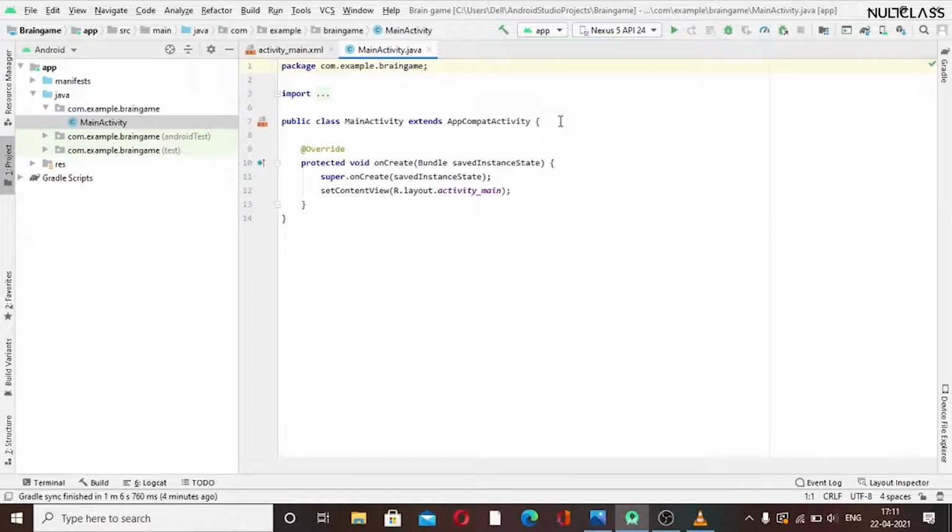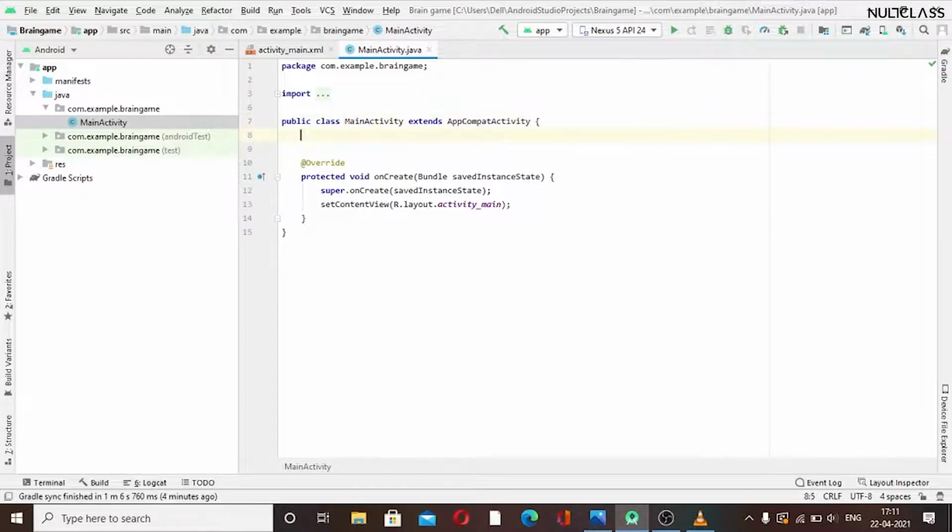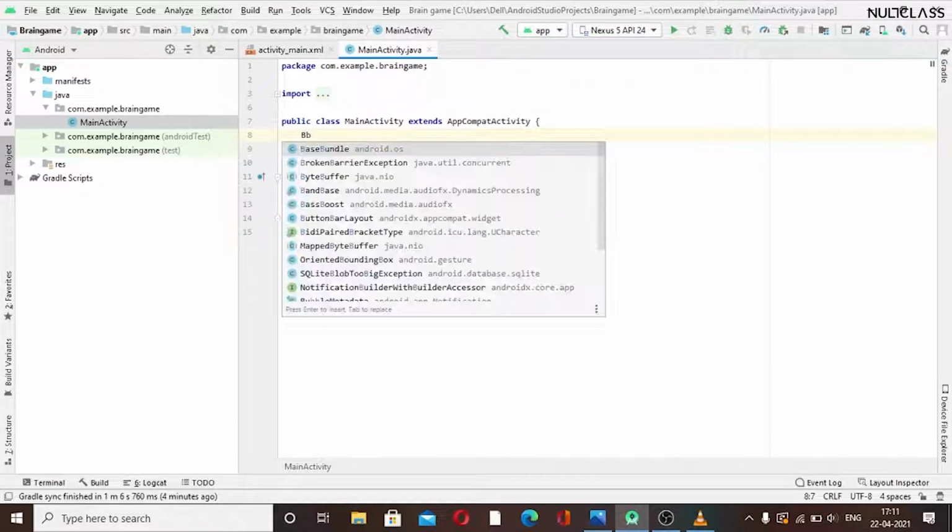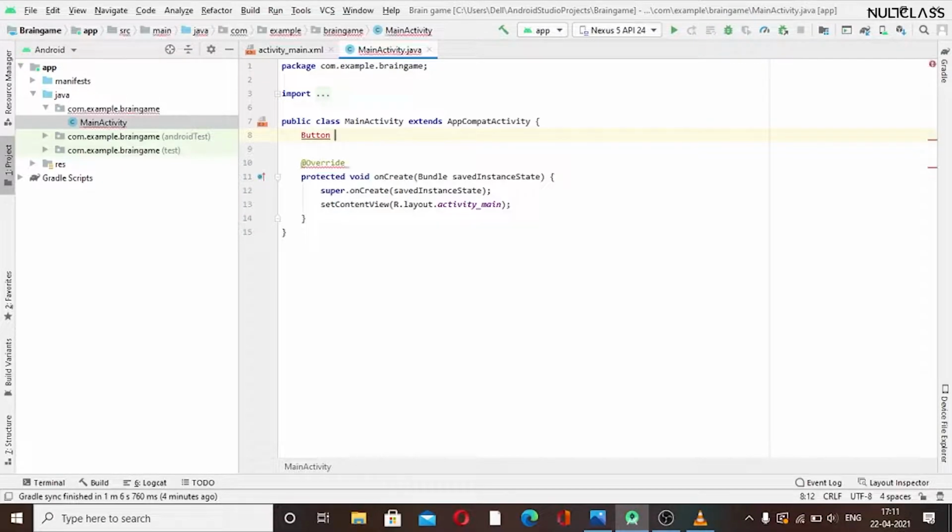Firstly we know that we have to implement our button. So we will write this code to implement this button, and we have to import the library also. I will just press alt enter, then this library will get automatically imported. And now I will just declare it here, Button.